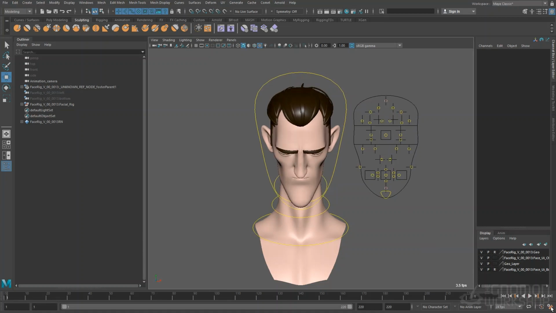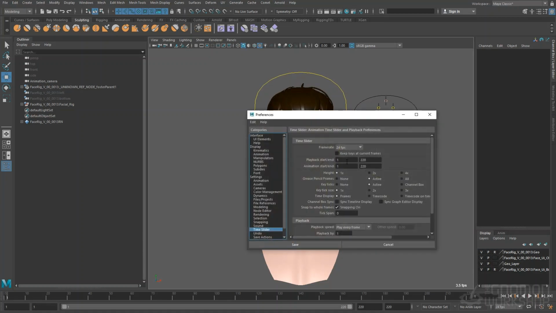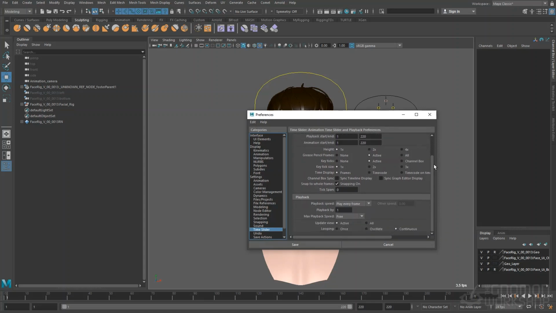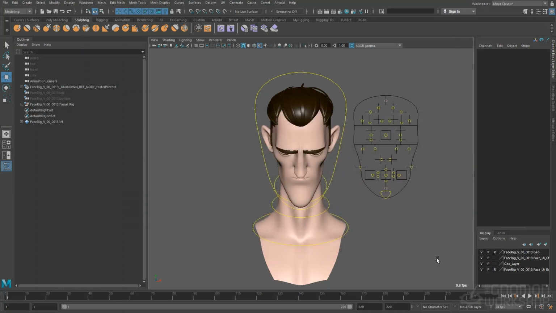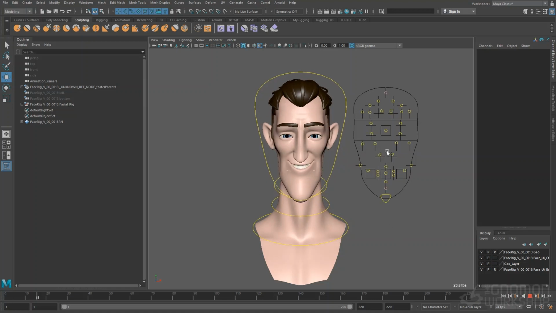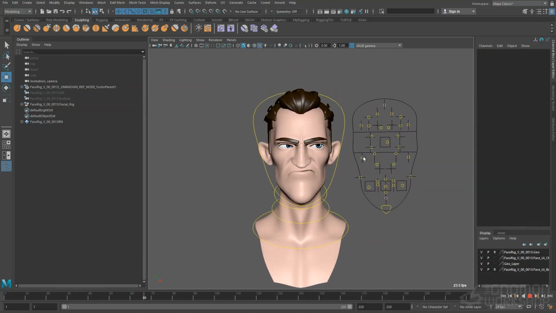So I will click this icon on the corner and I will be sure that frame rate is 24 frames per second, but I actually want to change the playback speed. This is on the time slider section. I want to change this to 24 frames equals 1 second, so save. And now my animation is going to be slower. This is the real time. And you can see that it is changing